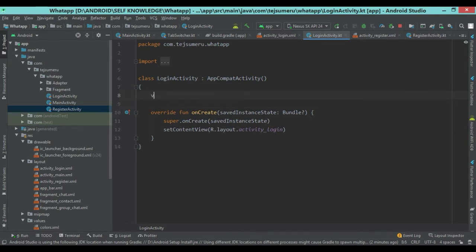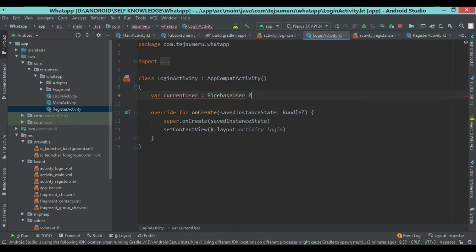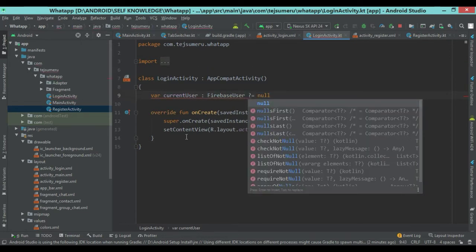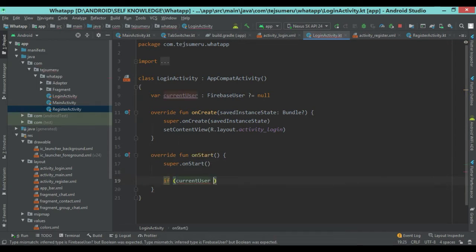So here again we are creating the variable current user and again we are overriding the onStart method, and inside that we are checking that if current user is not equals to null, then we call send to main activity.